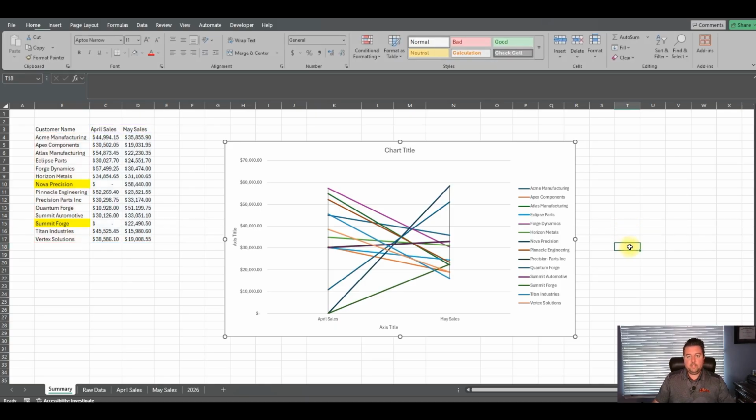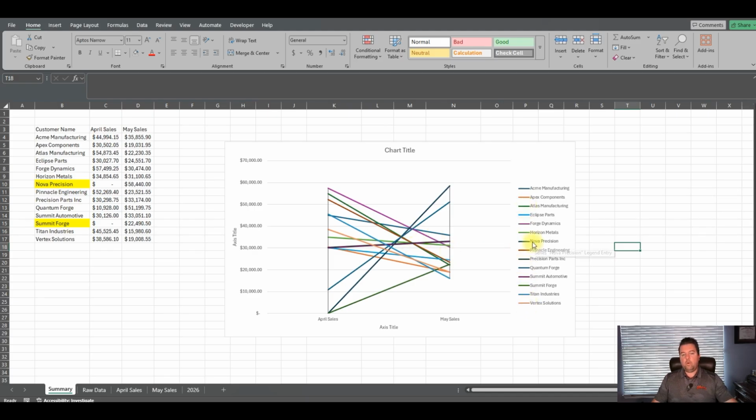When you've got this many customers, this is probably not a great way to do it because it's very confusing. You've got to try to match all the individual colors. So what would probably be better is if you actually just pulled the summary, your summary sales by month, and tracked that.